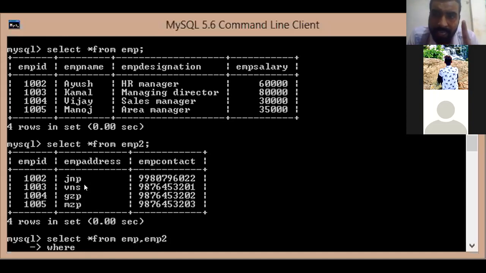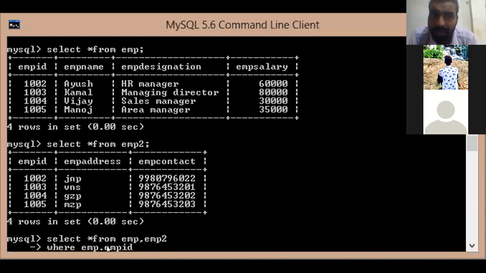Now write the field name of first table, that is EMP dot, the field name by which you want to put a condition, which is matching field name. So which field name is matching? EMP ID.